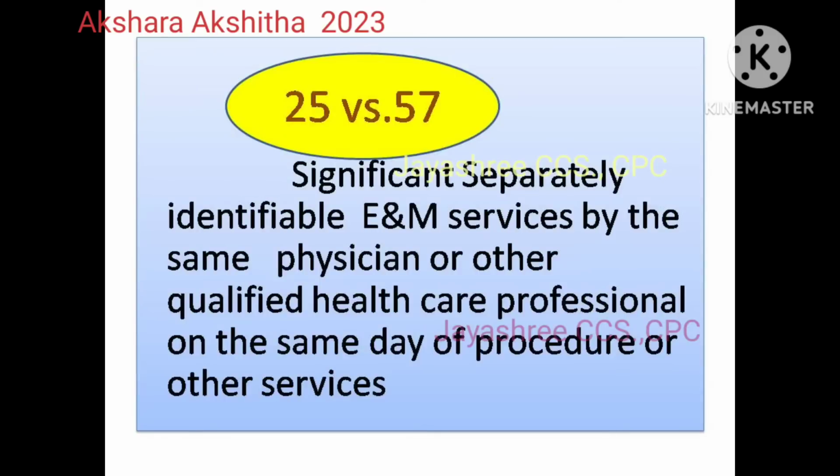Okay, next modifiers are 25 and 57. These two modifiers I am going to explain together, then only you can understand. These two modifiers we need to append to the E&M services, not to the surgery codes. For example, a patient is coming to the doctor for treatment,